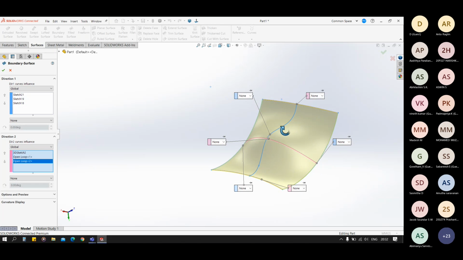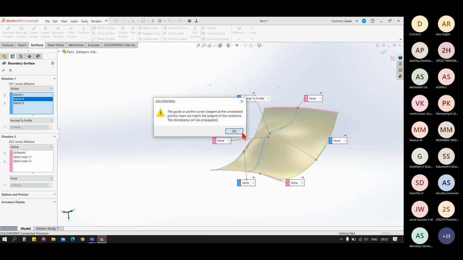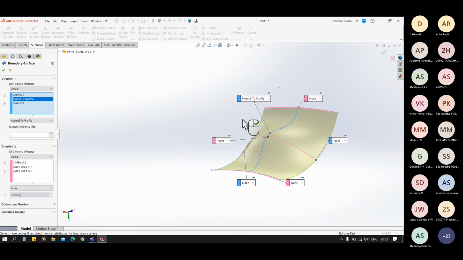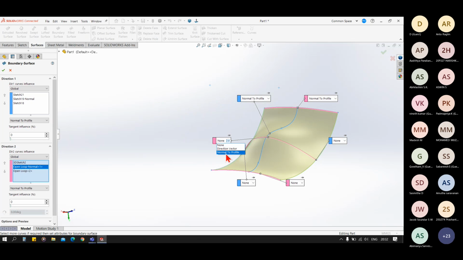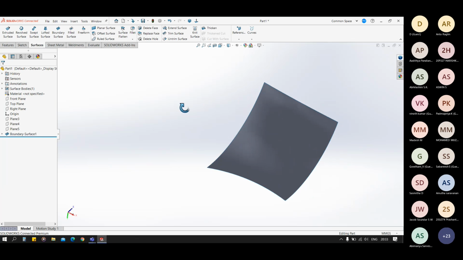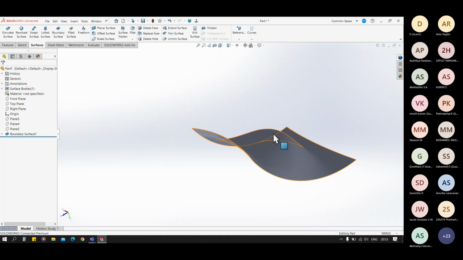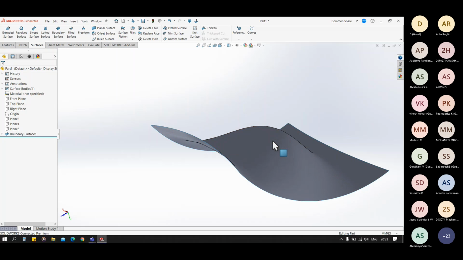Also in the boundary we can control, you see, making it normal to the profile, which is not possible there because of the geometry conditions. Okay, you can see we can make complex surfaces using the boundary surface.